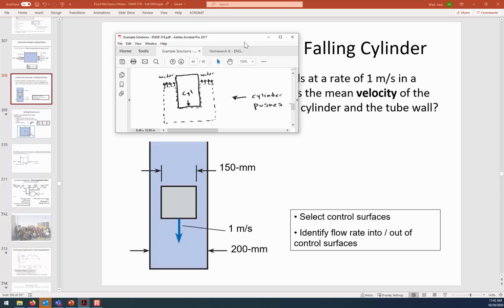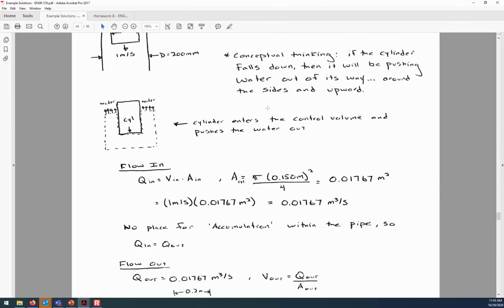What's causing deformation of the fluid is that the cylinder is falling down and pushing water out of the way. And so the cylinder is entering, in this case, a stationary control volume. As the cylinder enters the control volume, since there's no capacity for storage, if we have this control volume being like a fixed region in space, as the cylinder goes in, the water has to be squirted out. All right, so